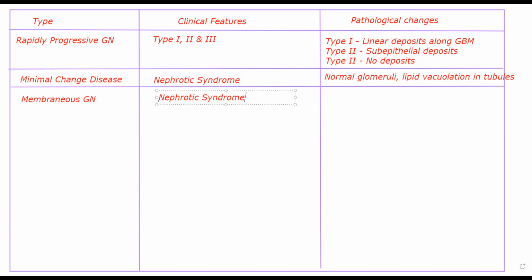In 15% of the cases the patient has an underlying autoimmune condition, or anything that triggers immunity. It might be SLE, hepatitis, malaria, syphilis, or any other malignancy. Sometimes it can occur due to drugs as well, but in 15% of the cases there is some underlying condition. In 85% of the cases it is idiopathic, but what we do know is that it is an immune complex disease. Immune complexes are being formed and damaging your GBM and your glomeruli. The most prominent change, as I told you, is diffuse thickening of glomerular capillary walls.